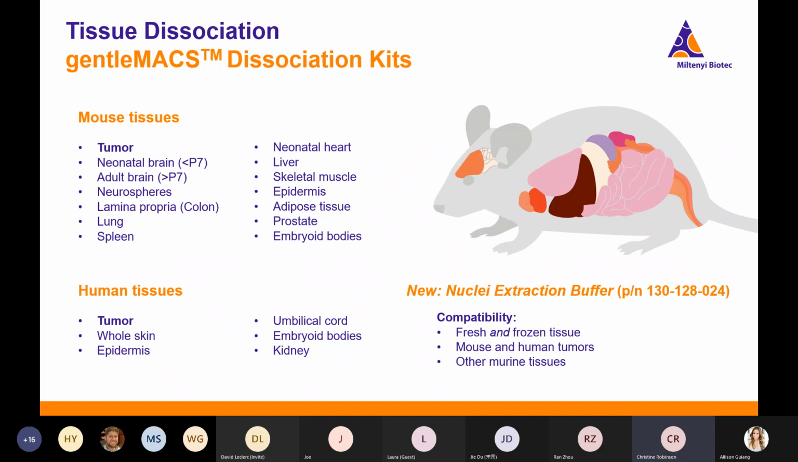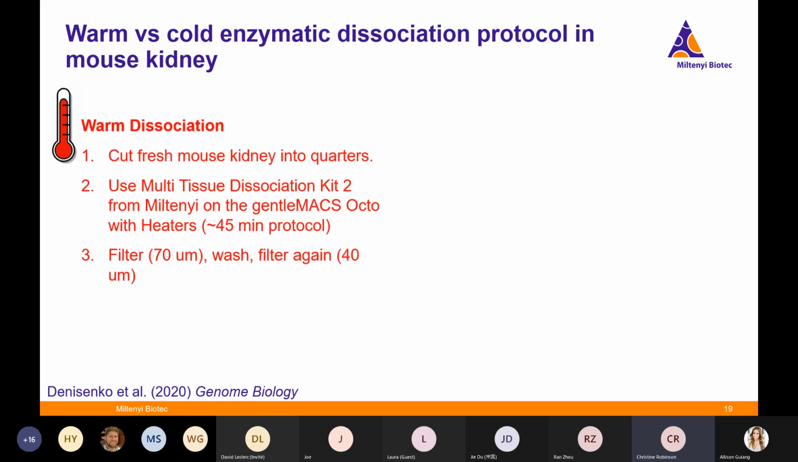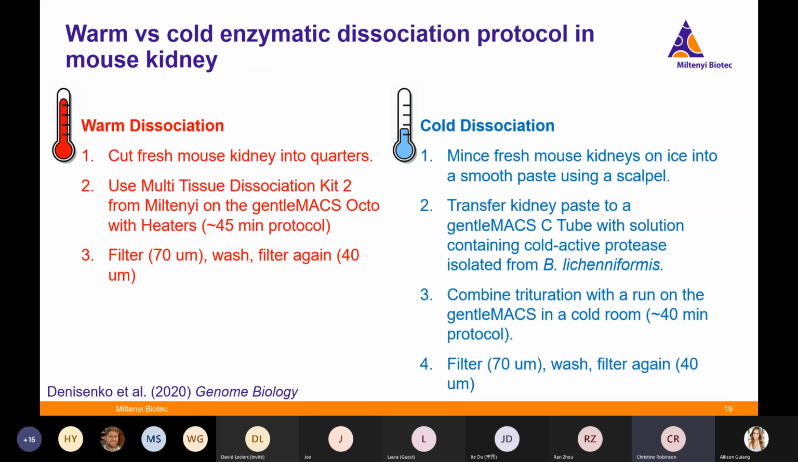So on the next slide, I'm actually going to talk a bit about the warm versus cold dissociation. So typical enzymes that are used for dissociation work best at 37 degrees. But recently, a cold active protease has been gaining interest in the single cell sequencing community. So this is an experiment from a group in Australia that is comparing warm and cold dissociation of mouse kidney